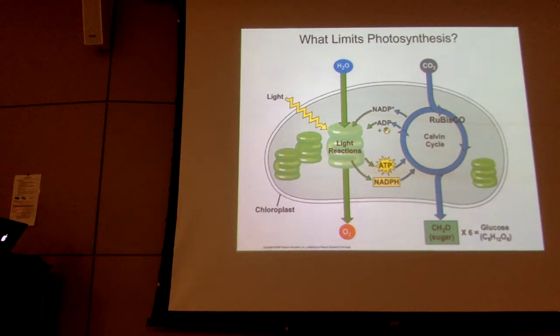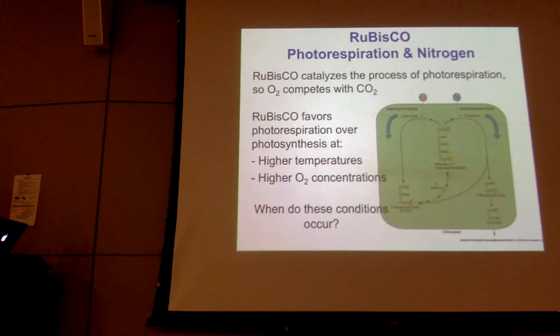Rubisco is not very faithful to CO2. Rubisco is kind of getting bored in the relationship sometimes and likes to step out. Sometimes Rubisco is like, hey, oxygen is looking pretty fine right now. And if there is a greater amount of oxygen than CO2 in the cell, or if there's too high an amount in the leaf, it will actually bind with oxygen. And that's a bad thing because carbon dioxide does not get fixed. In addition,